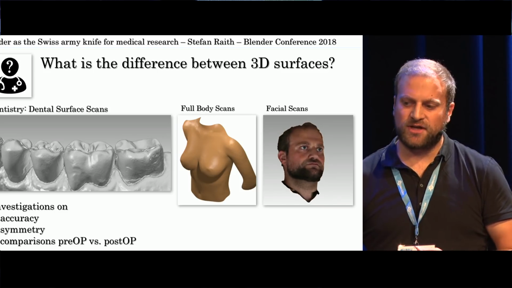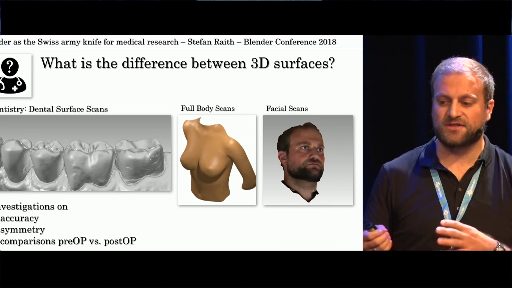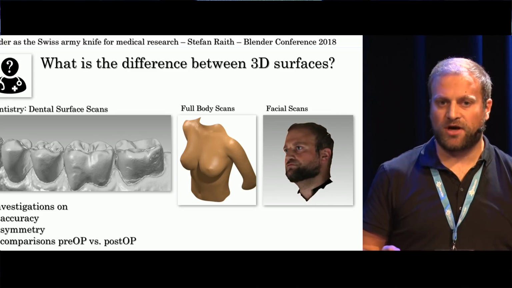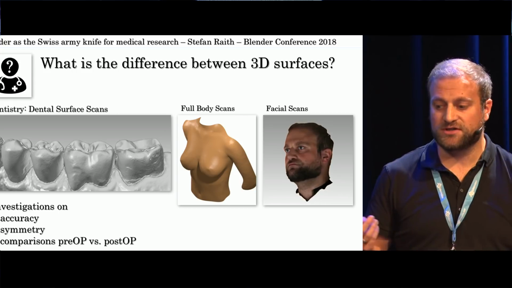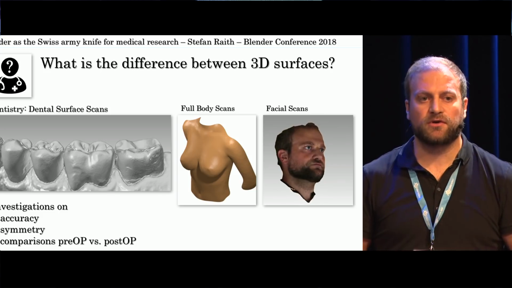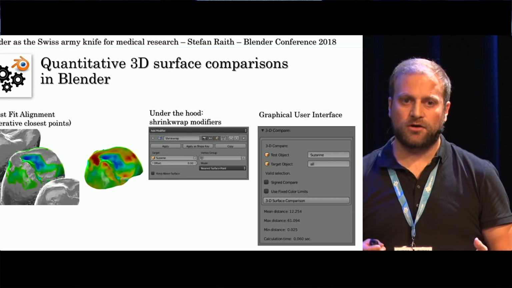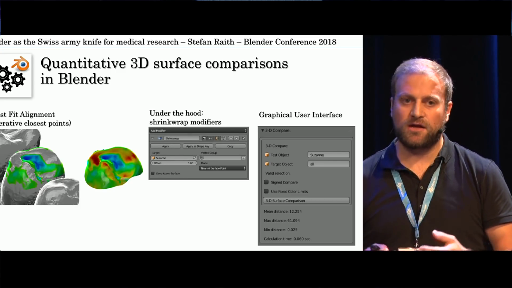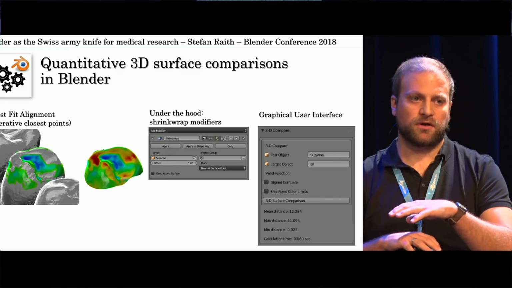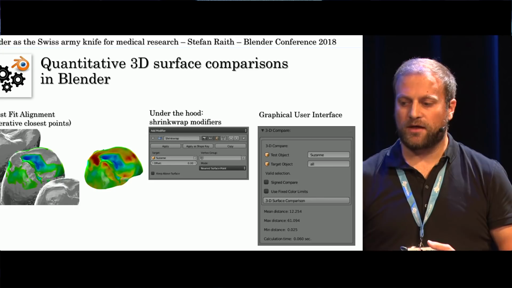Next, a rather generic example would be the comparison between 3D surfaces. That is always an issue in our daily work. In examples like dental scans, full body scans and also facial scans, we are concerned about accuracy, asymmetry, and comparison between pre- and post-operative situations. Here we developed a workflow in Blender, used as an add-on, which allows first a best fit alignment with iterative closest points, so you can orient different surfaces in space according to each other in a best fit way, and then display its